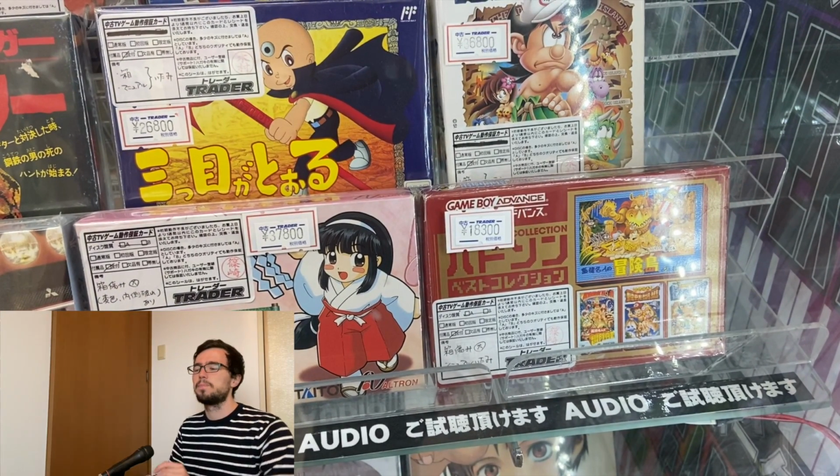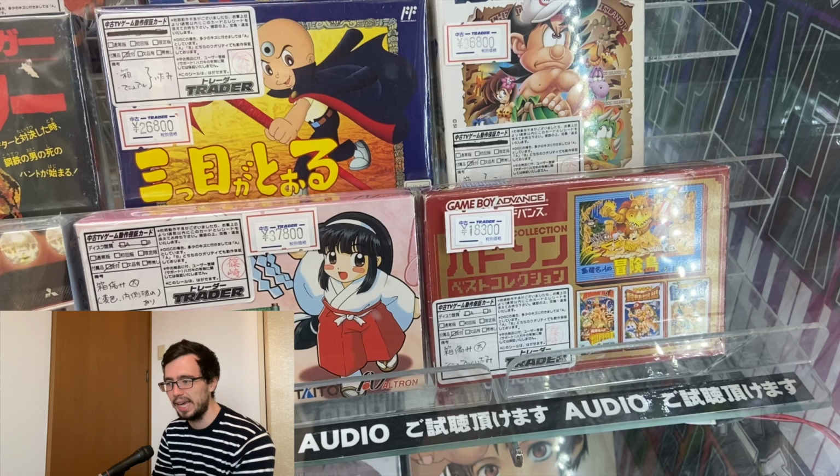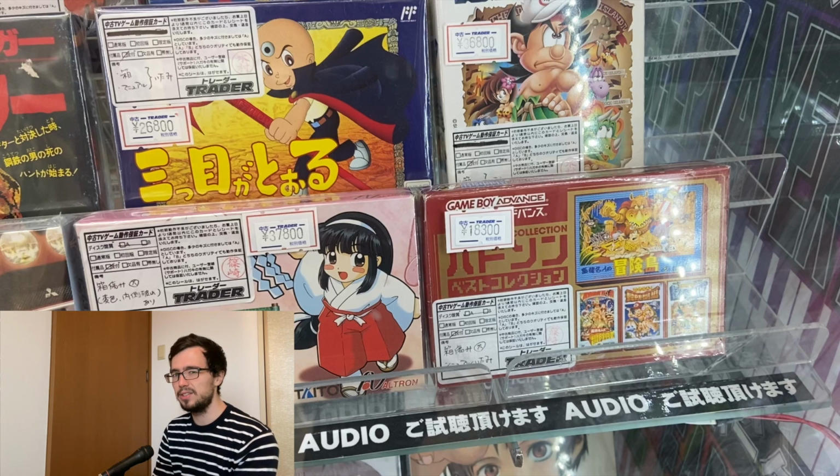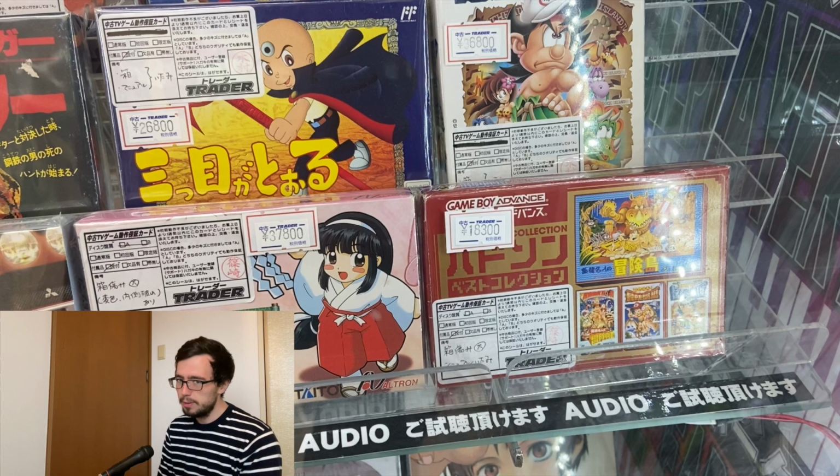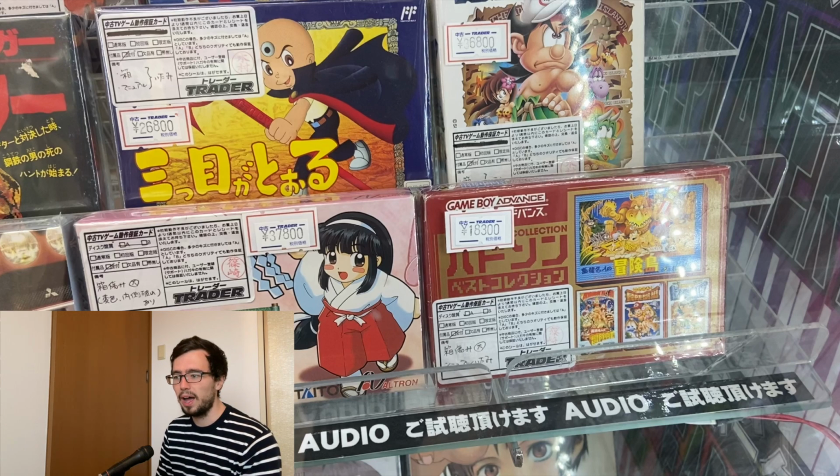So, okay, hitting pause. The top right game in this frame is very special. This is Takahashi Meijin's Bokenjima 4. This is, I believe, please correct me if I'm wrong, the last licensed game released for the Famicom. Essentially, they made some extra games decades later for the Famicom, but this is the last real Famicom release. That means it was probably printed in low numbers, and that's why you see this complete in-box copy going for about